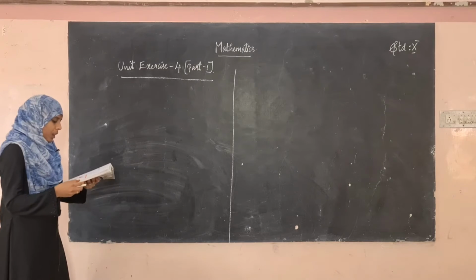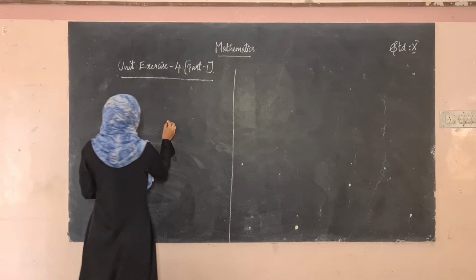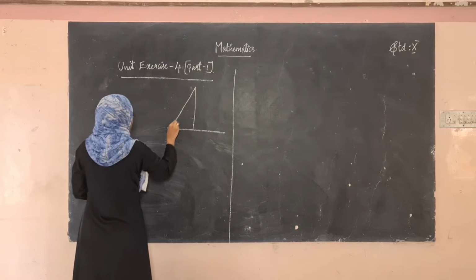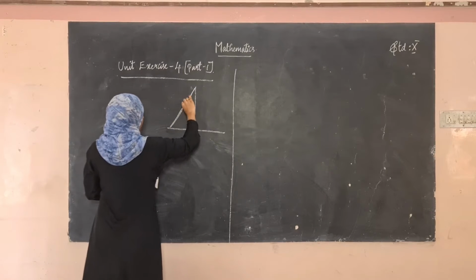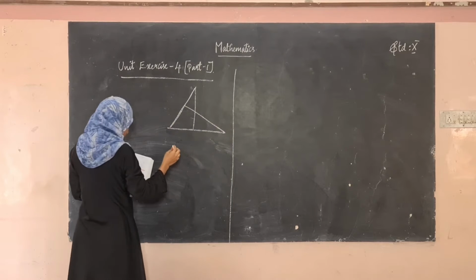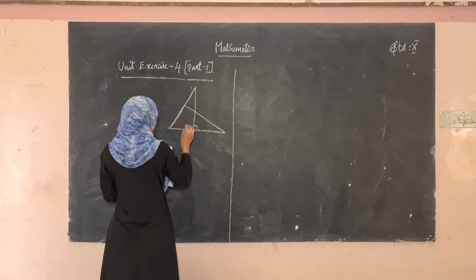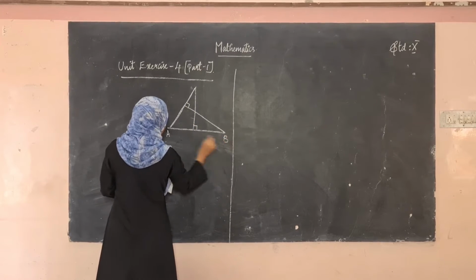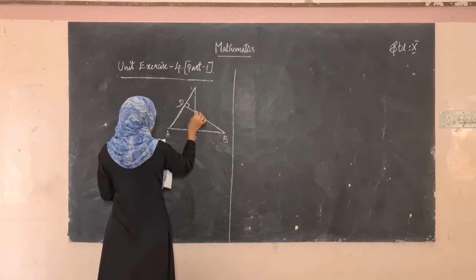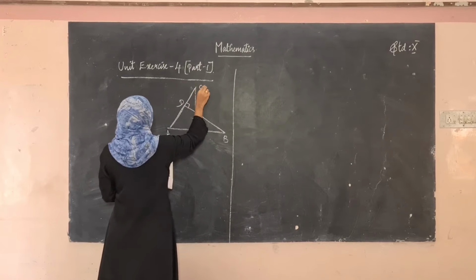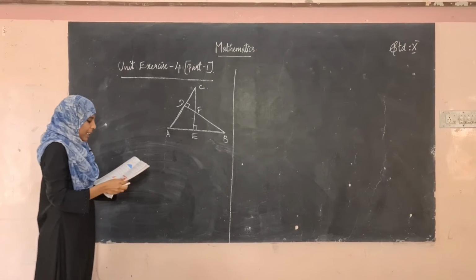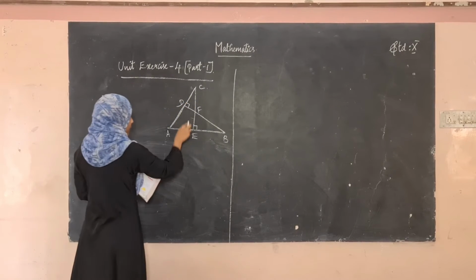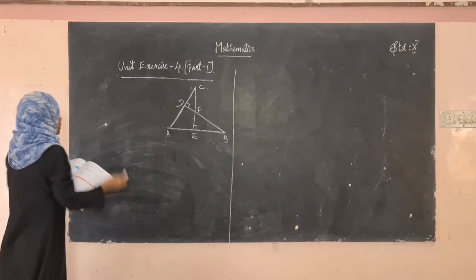See the first sum. In the figure they have given a figure, so the diagram is like this. Here it is a right angle and the angle here is also a right angle. So this is A, B, E, D and this point is F and this point is C. In the figure they have given BD is perpendicular to AD, BD is perpendicular to AC and CE is perpendicular to AB. Prove that. We have to first prove that